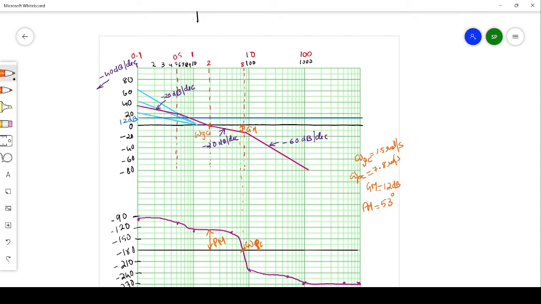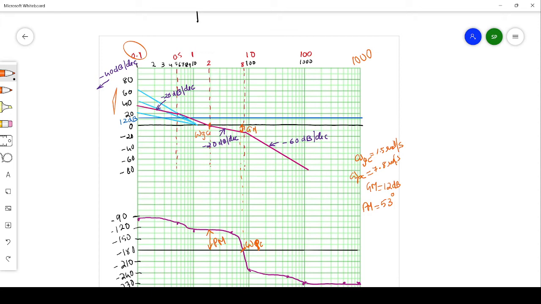In the given question we know that our corner frequencies are 0.5, 2 and 8. After marking the magnitude, you can see here 20, 40, 60, 80 marked, and below it minus 20, minus 40, minus 60. My starting frequency I have taken as 0.1. If I take 0.1 as the starting frequency, after a decade it will be 1, then 10, then 100, and here it will be 1000. So these are our frequencies.